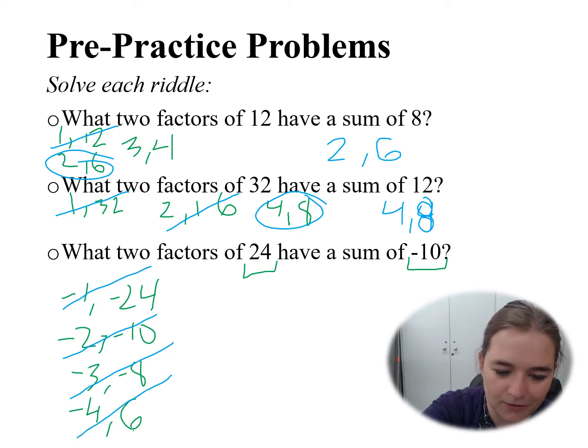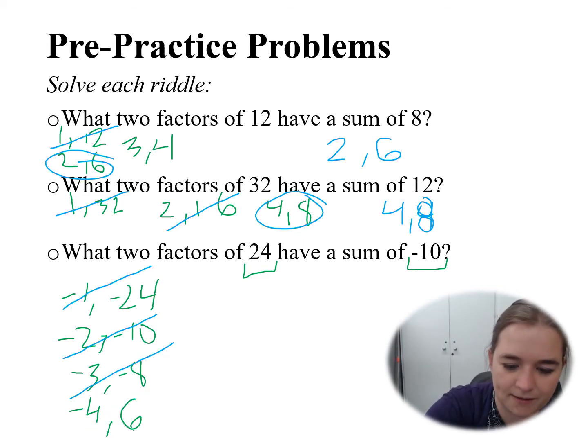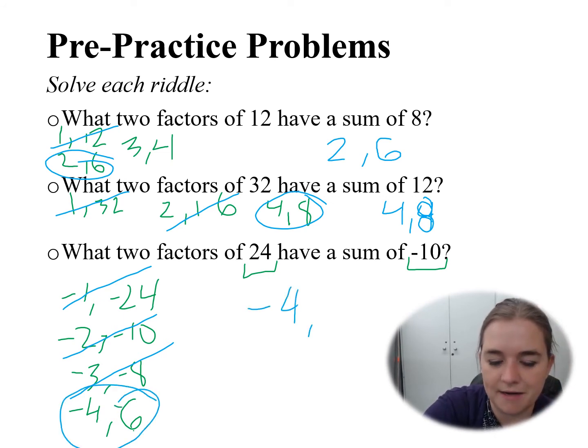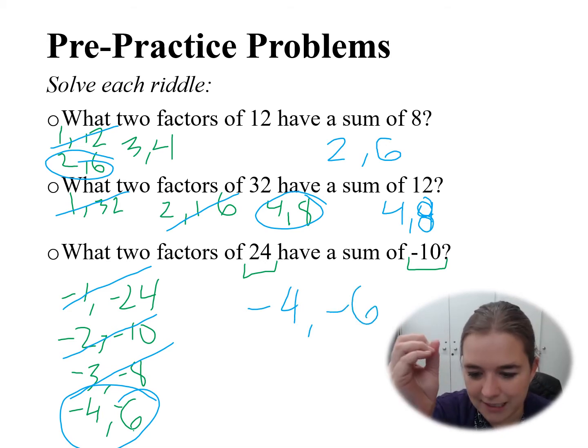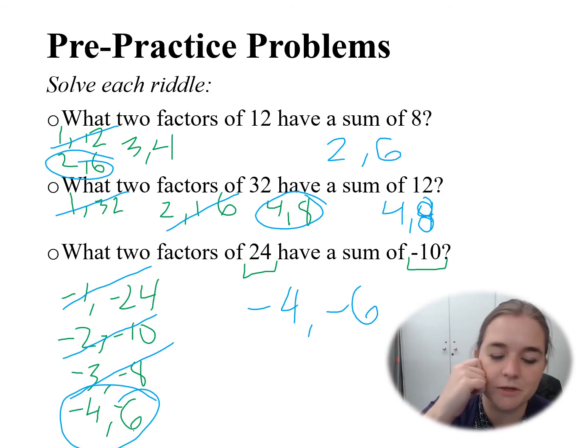Oh, not across there. Negative 10. My final pair here is negative 10. Negative 4 plus a negative 6 is negative 10. So my factors would be negative 4 and negative 6. Well, hold on to that thought for a second here, and we're going to do a few more pre-practice problems